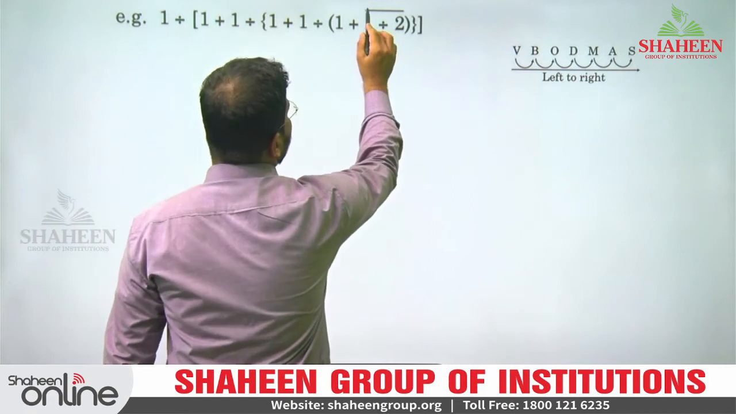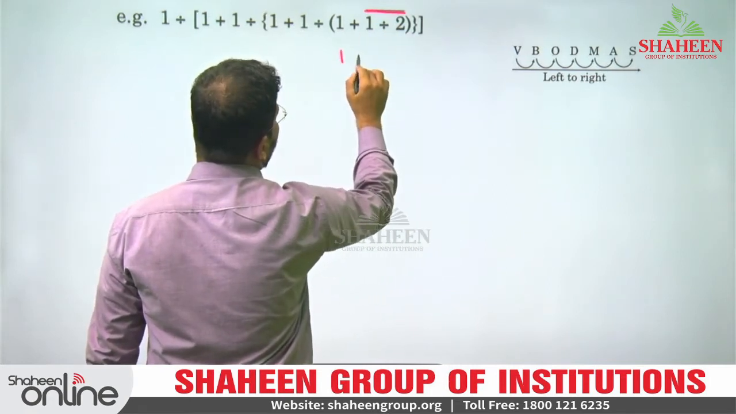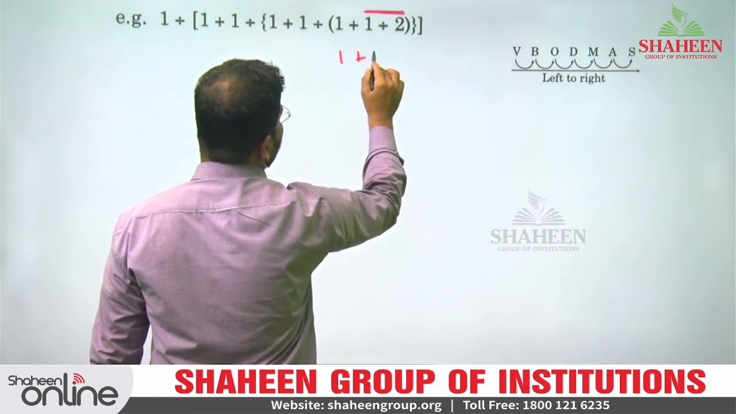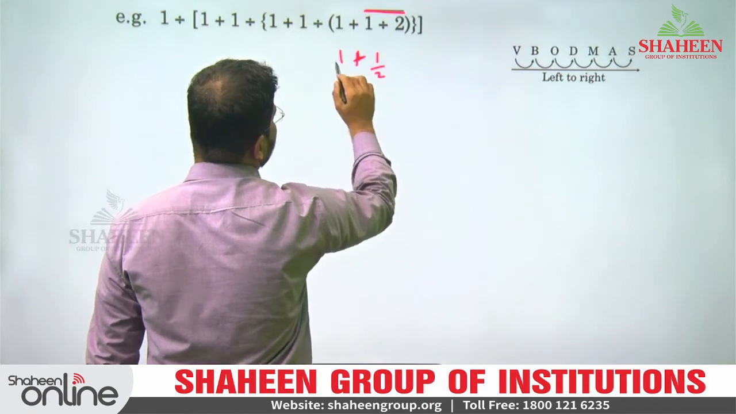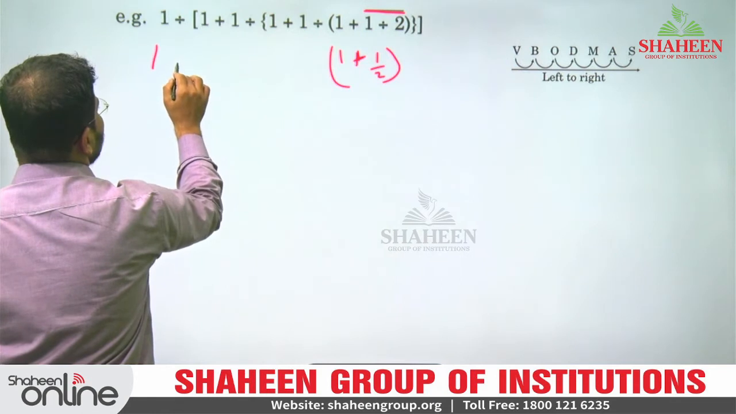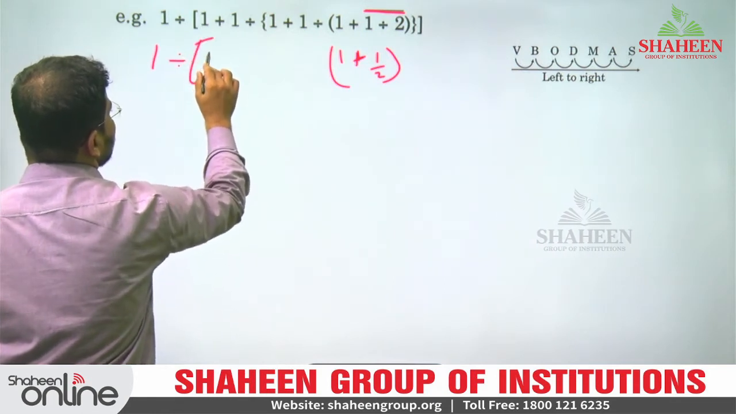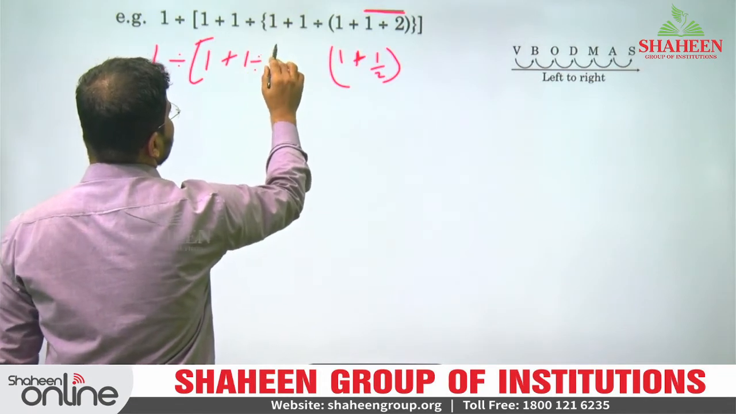Look at here. First we need to see this bar. Okay, so 1 plus 1 divided by 2. Okay, the rest is same here. 1 divided by, okay, so again here 1 plus 1 divided by,